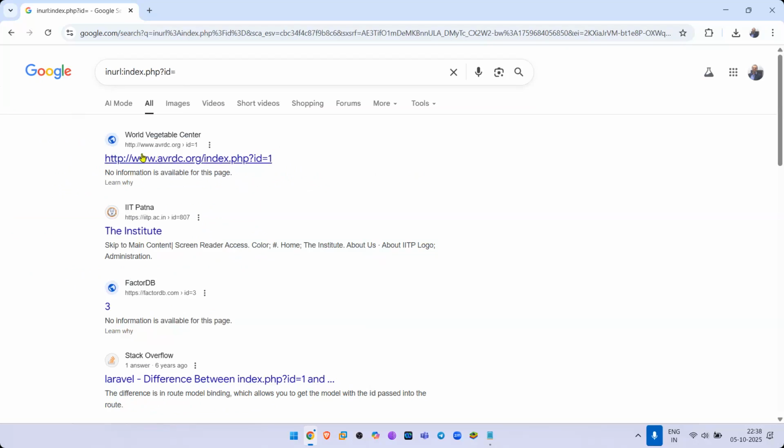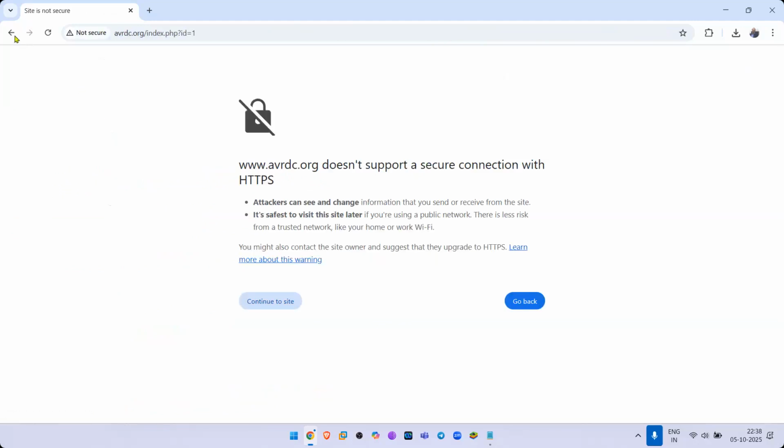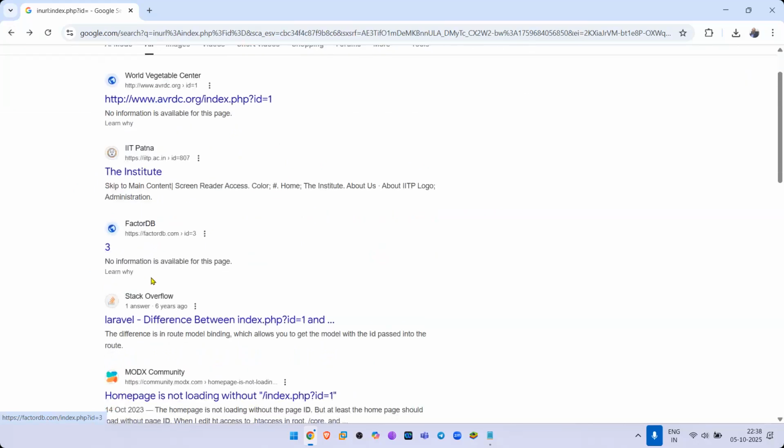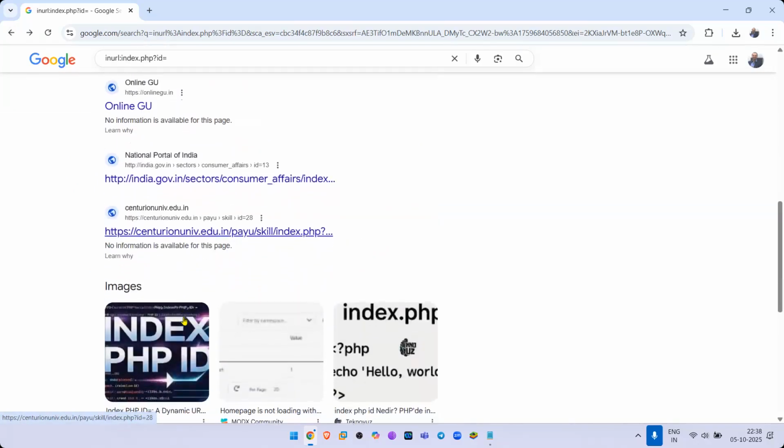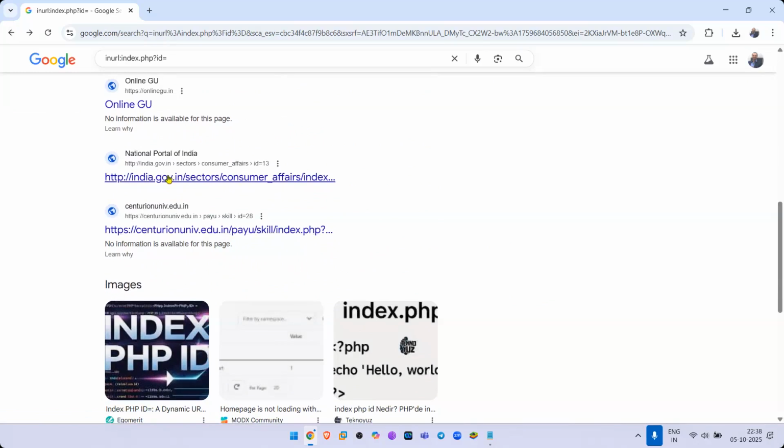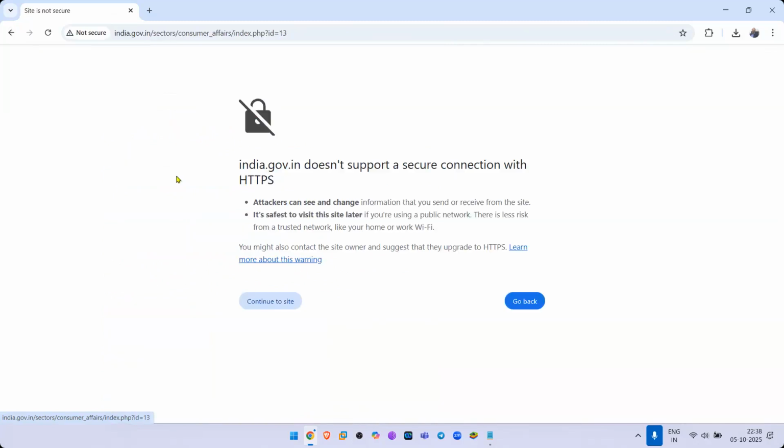And there you can see that this is a fake website, because this is not a secure website. This one also, FactorDB, Stack Overflow, so many websites. Some of these are very, very weak websites. National Portal of India. Just imagine, this is not a secure website.